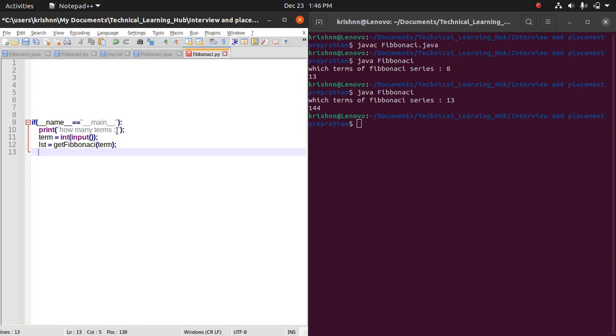There is no type specification, Python is dynamically typed, so whatever we return from this function will be its type. If you return a list, that will be the list type. If you return a variable, that will be the int variable, that is an integer type. Okay,